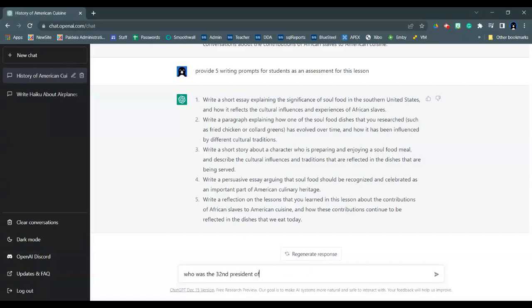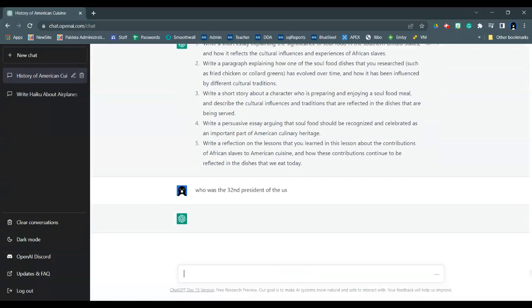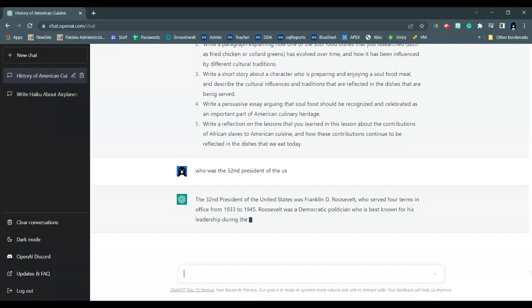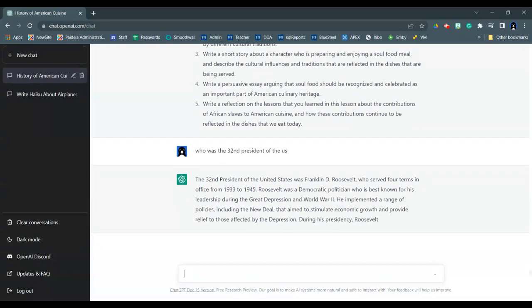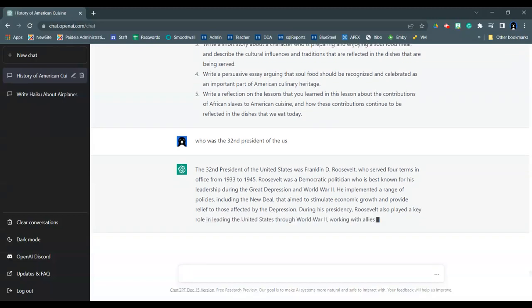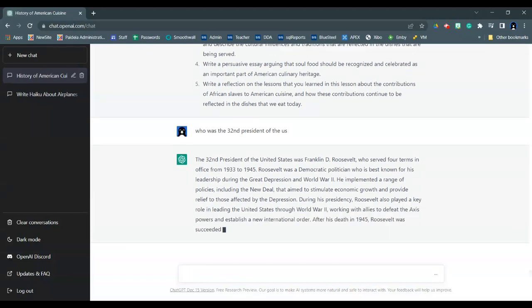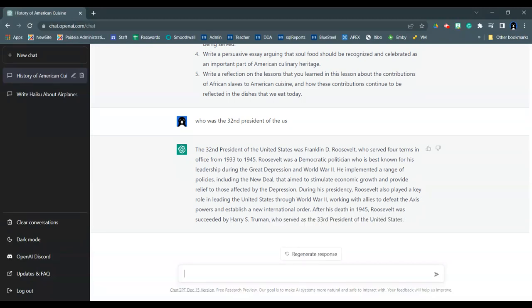president of the US. Obviously, they can do this on any system, Google or whatever, but I can use this obviously to look up simple facts, but notice even this, it's giving me a lot more information than just the answer to the question. It could have just said Franklin Delano Roosevelt, but it's talking about the Great Depression, World War II, right? So this looks a little bit more like what we might get with a Google search that's pulling from Wikipedia to highlight at the top of our search engine. So anyway, that's a brief introduction to what the ChatGPT software can do.